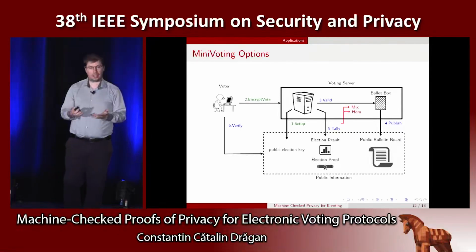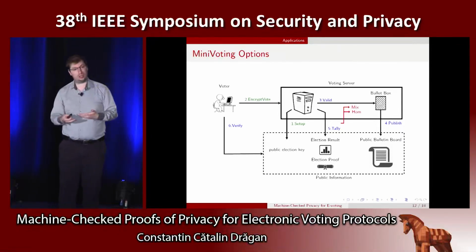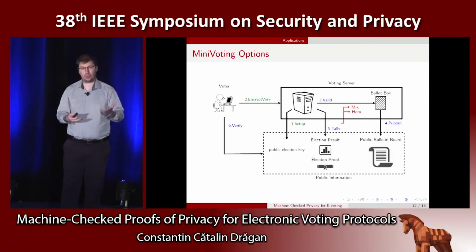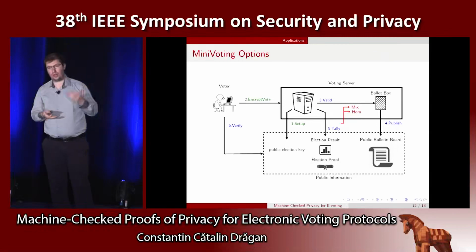So for example, we can offer different ways of computing the results. We can consider mixnets or homomorphic addition. For homomorphic addition, you have a list of ciphertexts. They are compressed so that you obtain a single ciphertext. By decrypting it, you obtain the sum of all the votes that were in the initial ciphertexts.